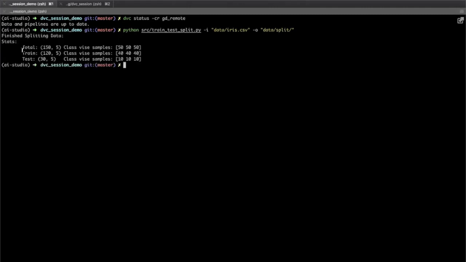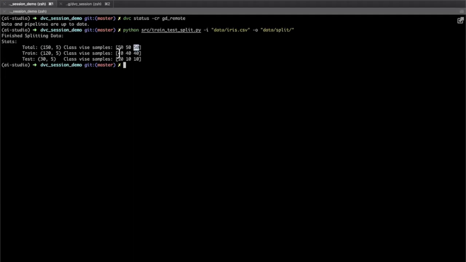So it prints some stats, like there were totally 150 rows and 5 columns. After split, train has 120 rows and 5 columns, and test has 30 rows, 5 columns. Class wise, the number of samples in total were 50 for class 0, class 1, and class 2.